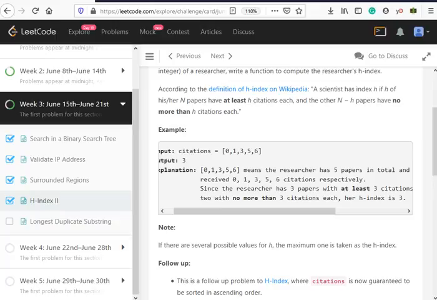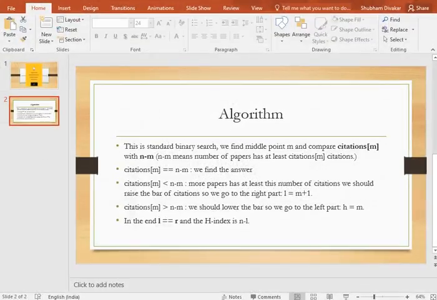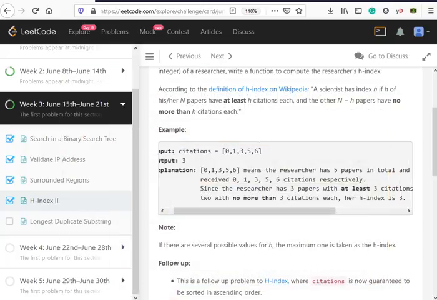So let's move ahead to the algorithm. Before we say that this is a standard binary search, why I moved on to binary search is that, as you can see from the solution itself, the solution is asking you to find an index h. So this number 3 is present in the array. In this case it is present, but in other cases it might not be there. So the minimum number might not be there.